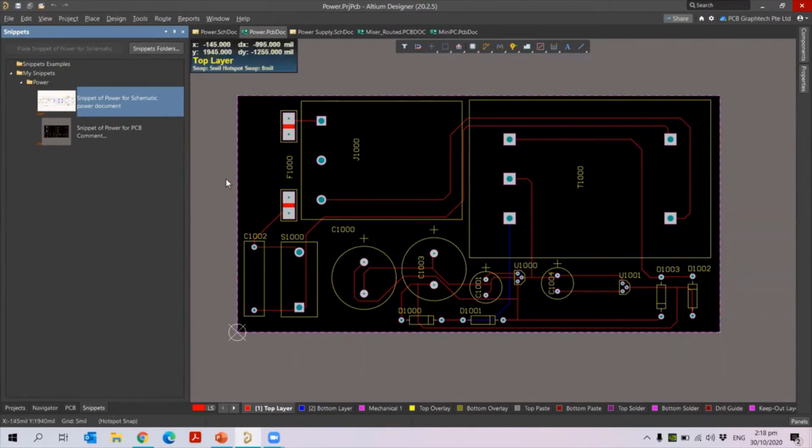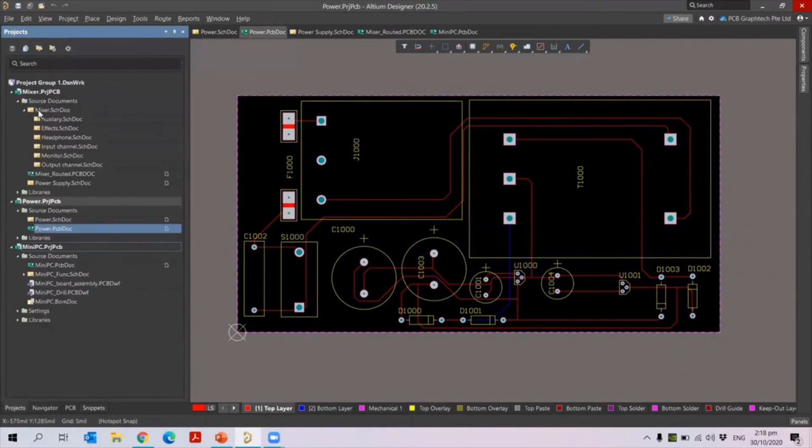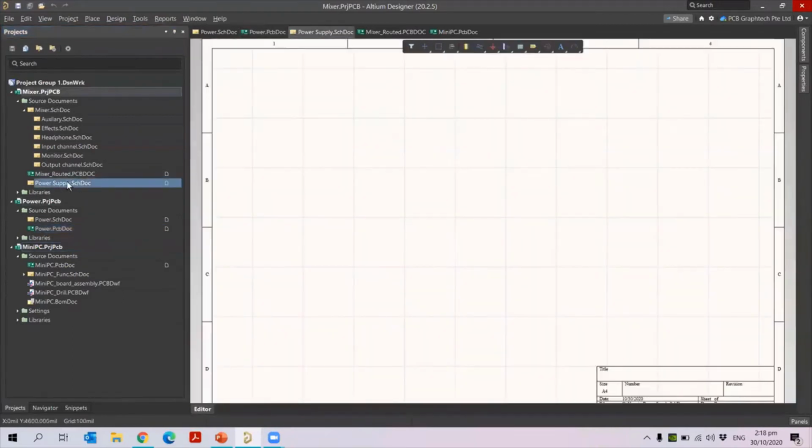Now I'm going to open my project. I'm going to go for my mixer project PCB, and in this I have a schematic document where I want to copy the reusable schematic design and the PCB design. Let me open one of the schematic sheets. In this sheet I want to copy from my snippets panel.